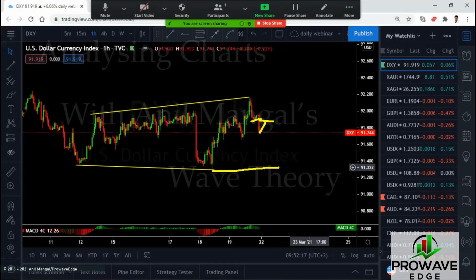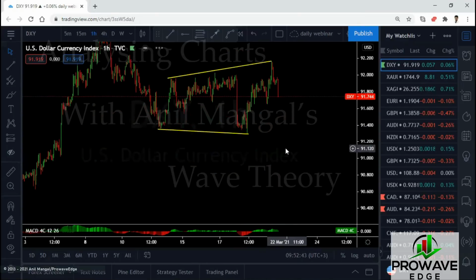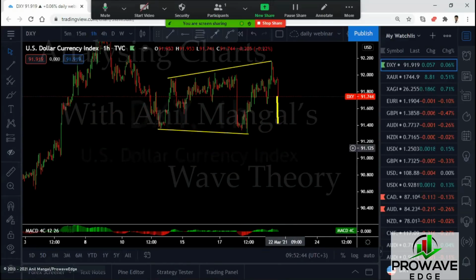If your assumption is correct, they just keep dropping. The idea is not for them to just break this low. The idea is for them to go all the way to the bottom, because we already have a 3-wave daily structure. But if they break only this low and then go back up, you would get enough profit to book, and then look for buy setups on the way up.